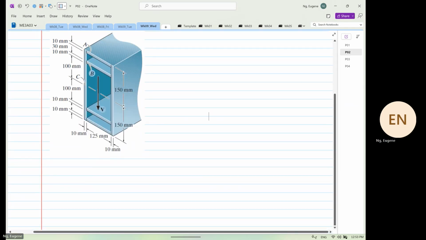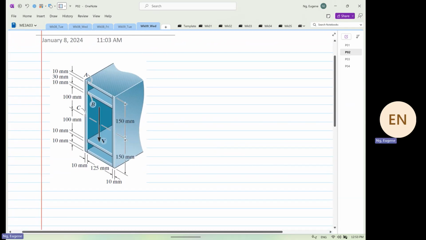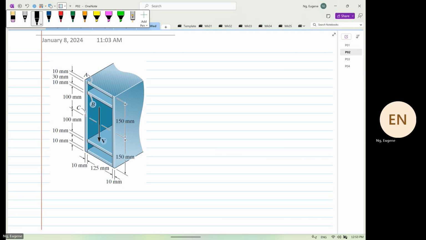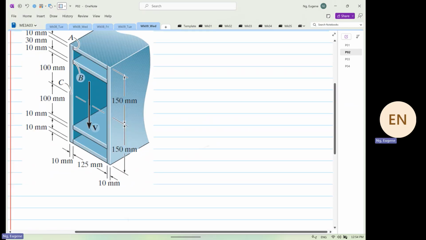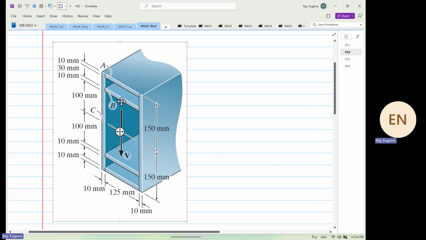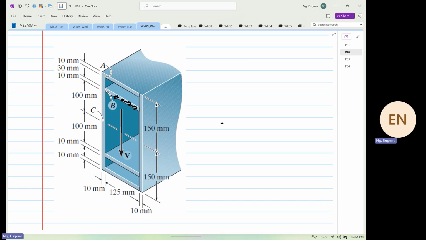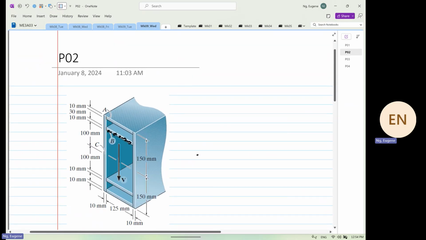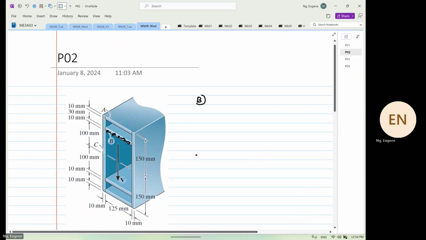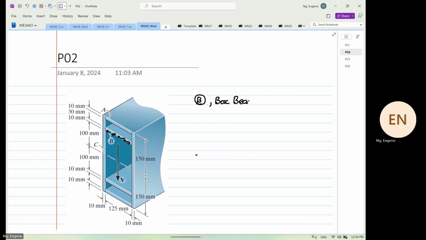So over here, we now want to look at point B. Because you know how to design the shear flow, over here is your terminal, and these are your shear flow direction. So if we look at point B, it's again going to be what? Box beam analysis. And then you're going to look at what? 2Q. And then your first moment of area